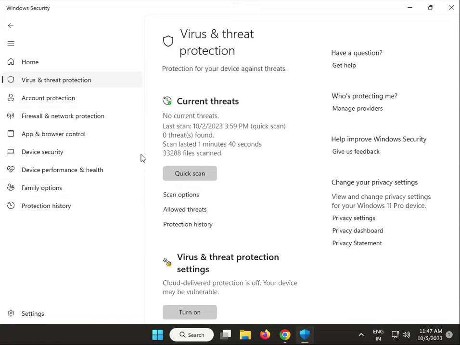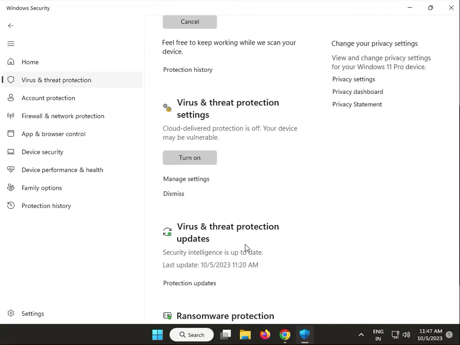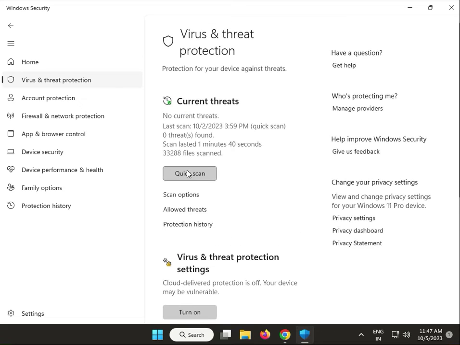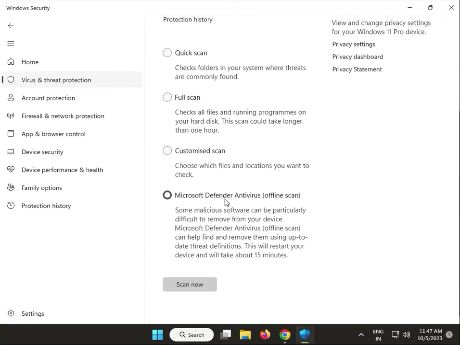Okay, then quick scan and wait for it to scan. Otherwise you can try a full scan also. Suppose I cancel this scan; the full scan takes about 15 minutes, and then fully scans your system. Okay,